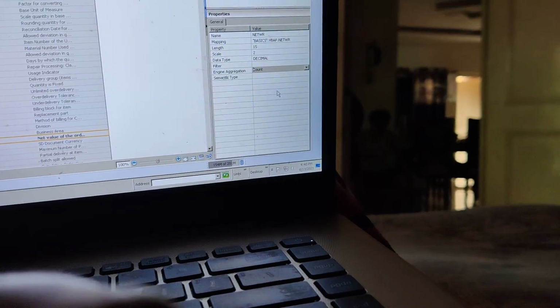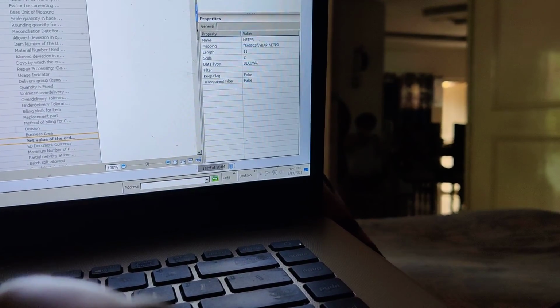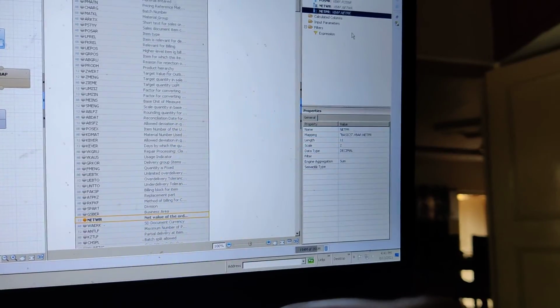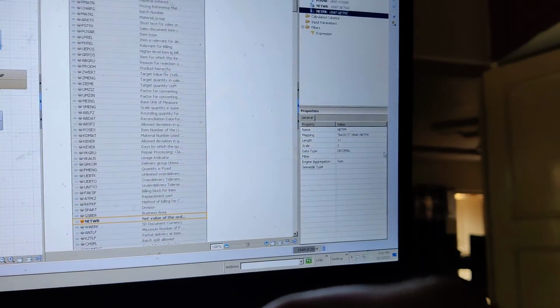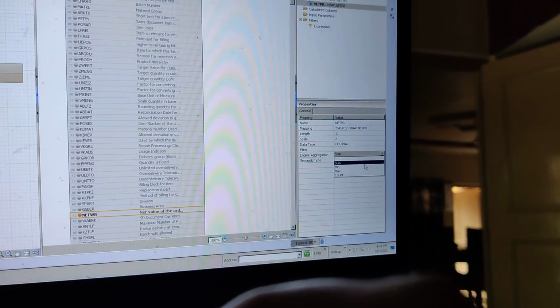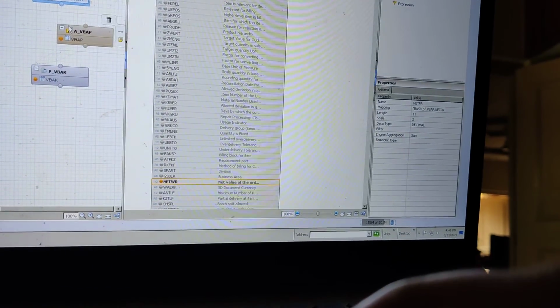You need to select the engine aggregation, like sales revenue per customer or revenue per organization. So you need to find out what is NETPR, how, and all. Okay, let it be sum. So we have converted this.